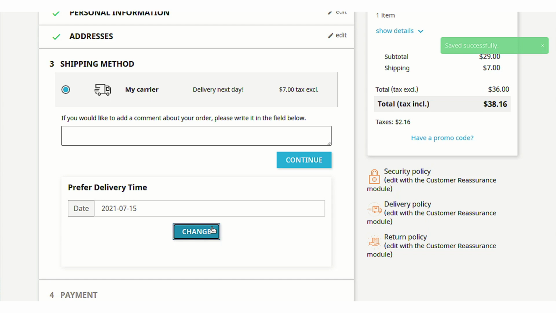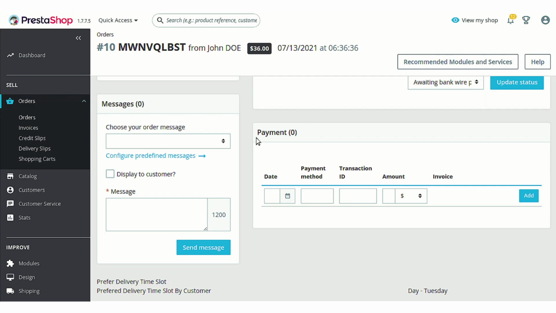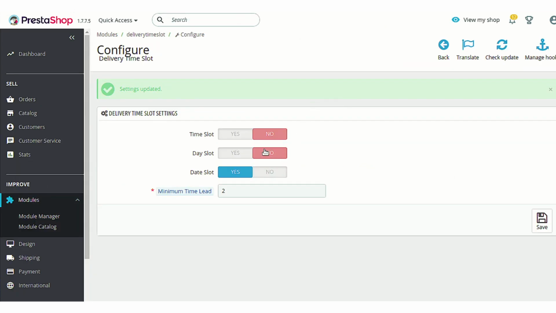So on saving the details, the customer can choose to place the order, and the same selected details of the date would also be available at the admin end, as I have already shown you in the case of day slot and the time slot.